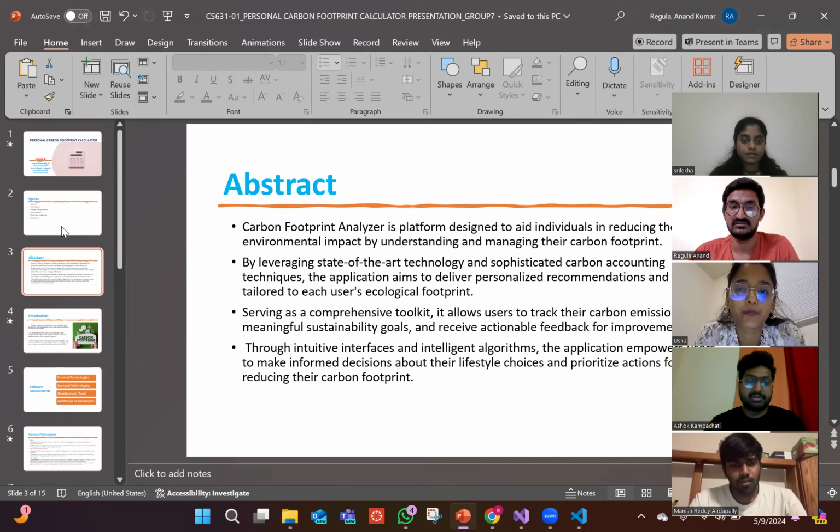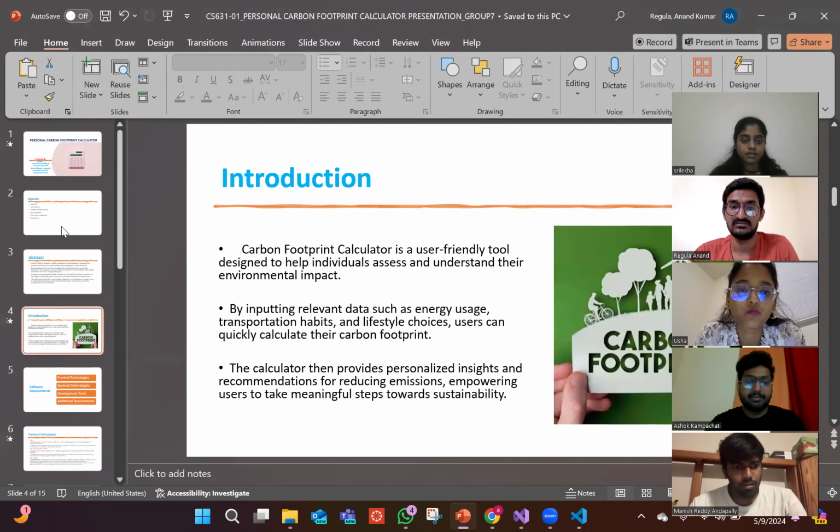And coming to the introduction of our project, the carbon footprint calculator is a user-friendly tool designed to help individuals assess and understand their environmental impact. By inputting relevant data such as energy usage, transportation habits, and lifestyle choices, users can quickly and easily calculate their carbon footprint. The calculator then provides personalized insights and recommendations for reducing emissions, empowering users to take meaningful steps towards sustainability. And the remaining slides will be continued by